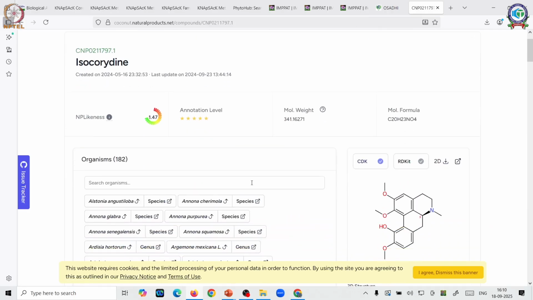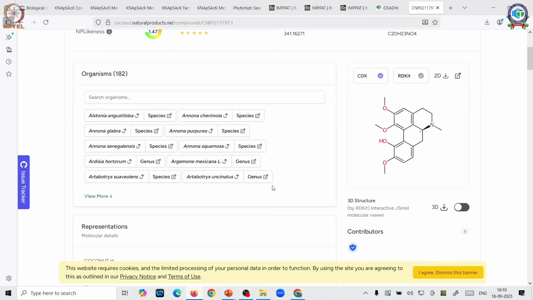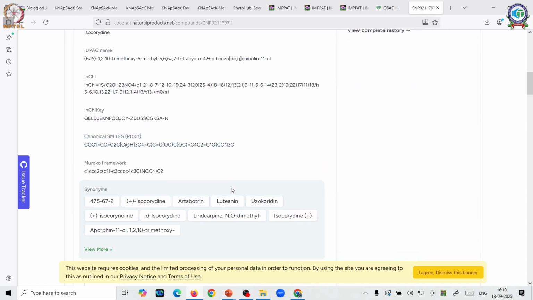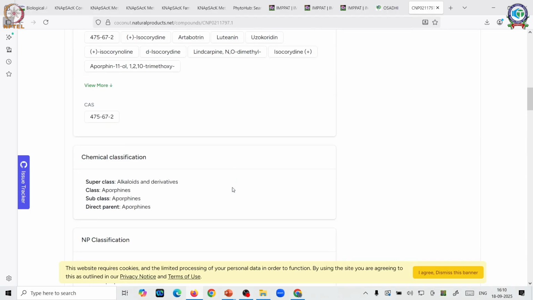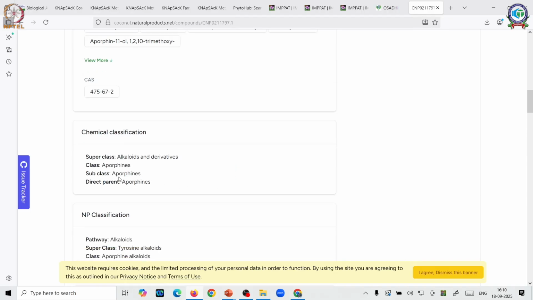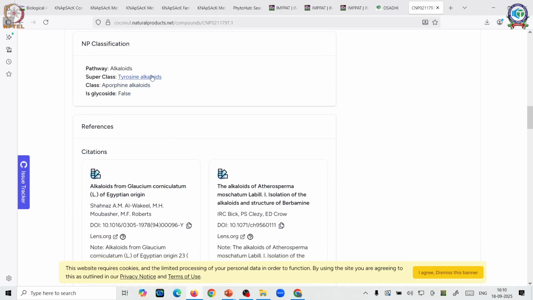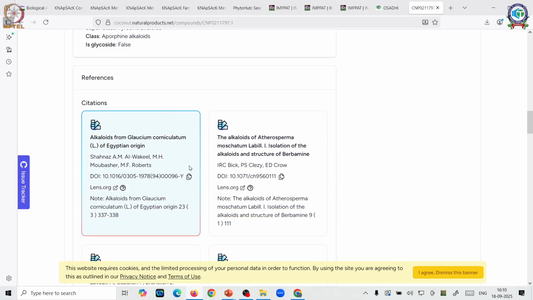I click on this, and I again come up with the details, canonical SMILES, synonyms, chemical class, alkaloids, especially the aporphine category. These are your tyrosine alkaloids. You see, you get a lot of details here,